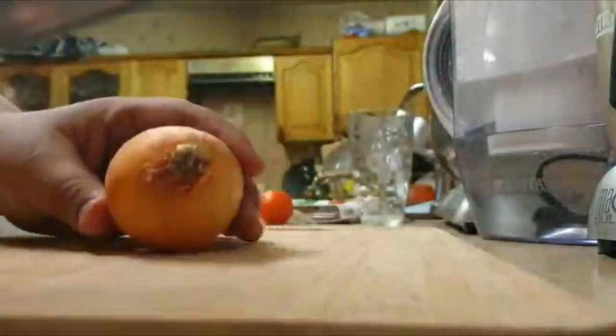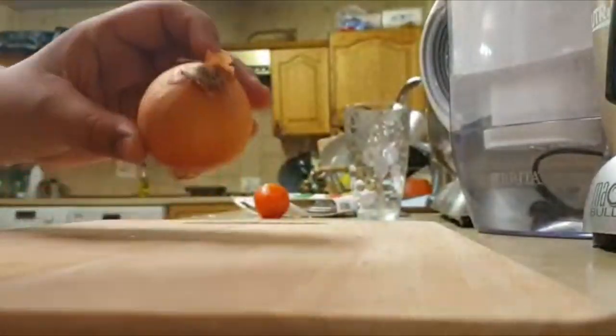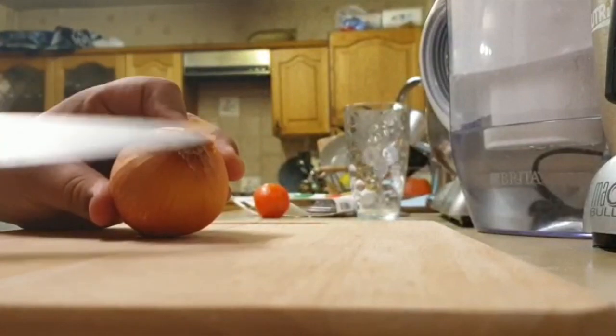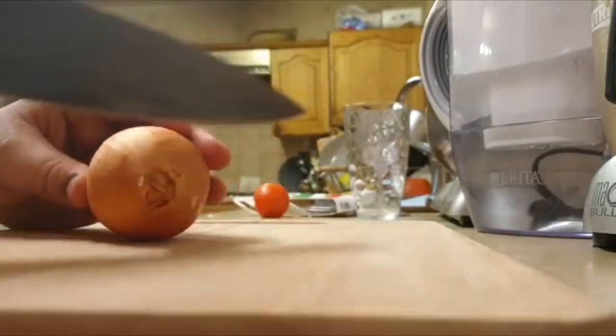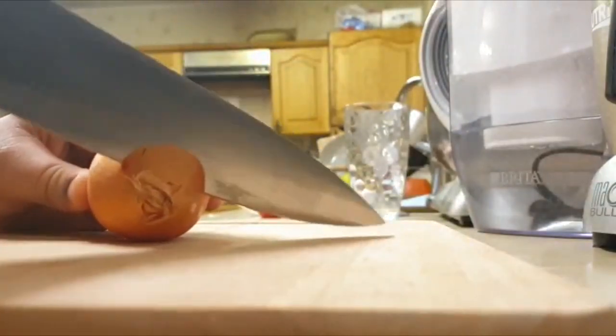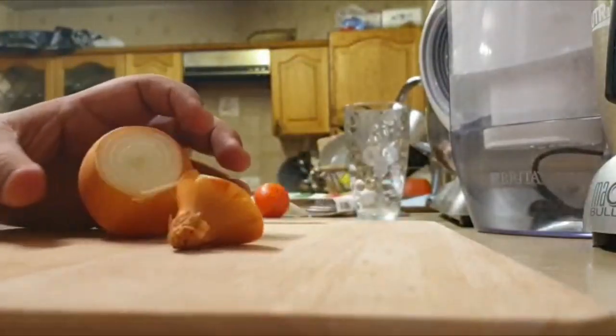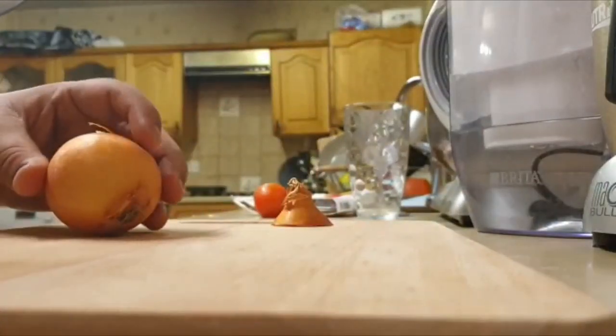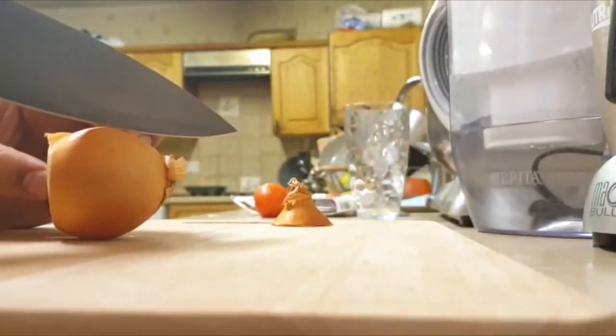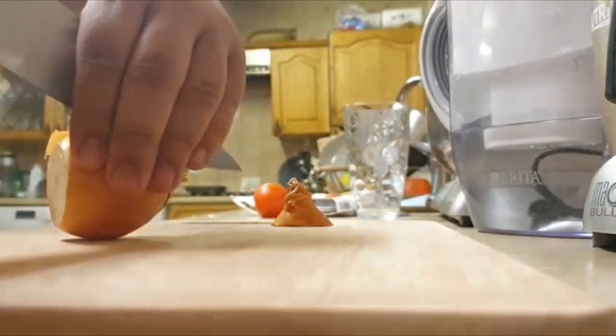Okay, y'all, so how I chop my onion is you do not chop this part, because this will make the onion bleed. So do not chop this. What you do chop is you chop the top off, not the bottom, the top. Now, what we're going to do next is chop this part in half. So we can go ahead and just chop it right now